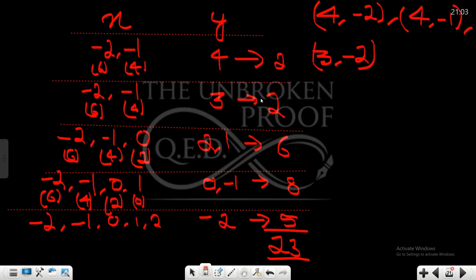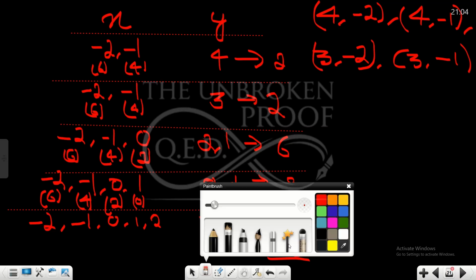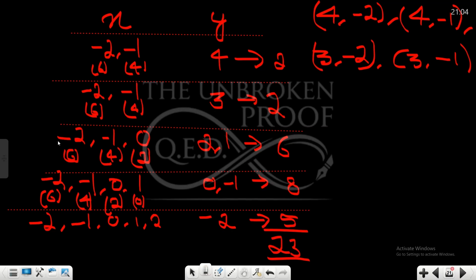Now if you see -1 3, and 3 -1 is also not there. Now if you see -2 2, but 2 -2 is there, -2 2 and 2 -2 is here, -1 1 and 1 -1 is there,